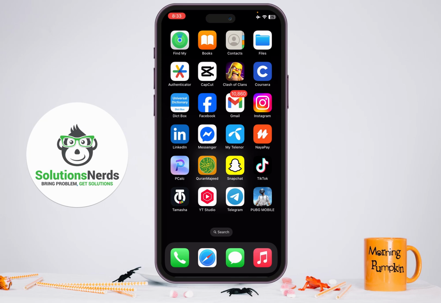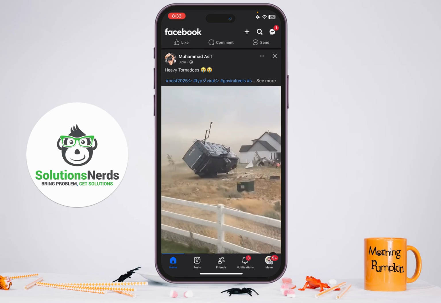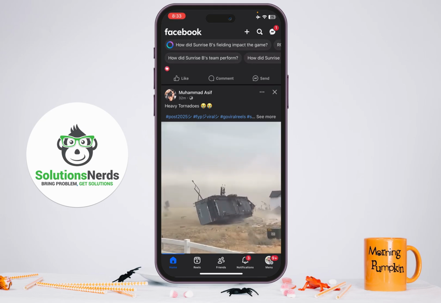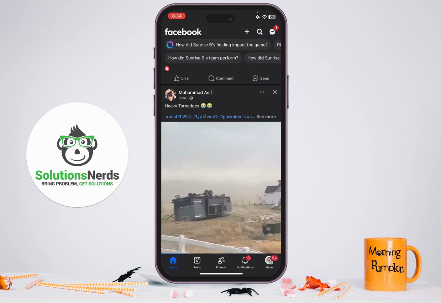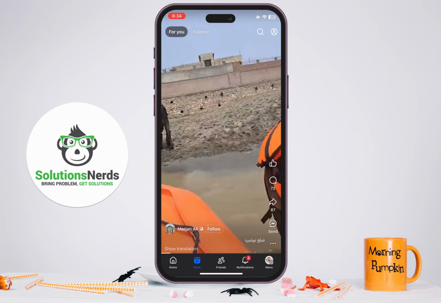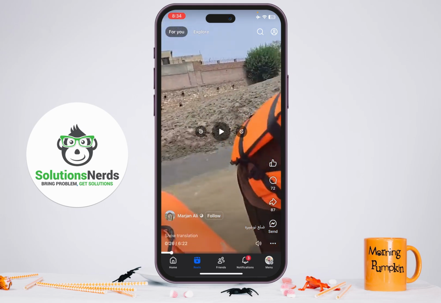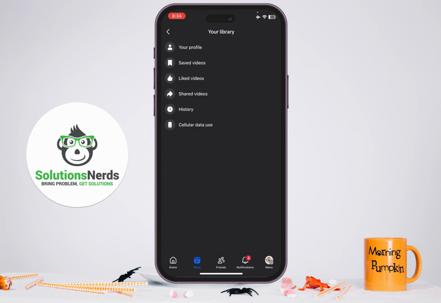First of all, open Facebook right here. Once you open your Facebook, you will see at the bottom side home, reels. Then click on reels. When you click on this, at the right top corner you will see your profile icon. Click on this, then here it will show you all your profile, saved videos, like videos, share videos, history and